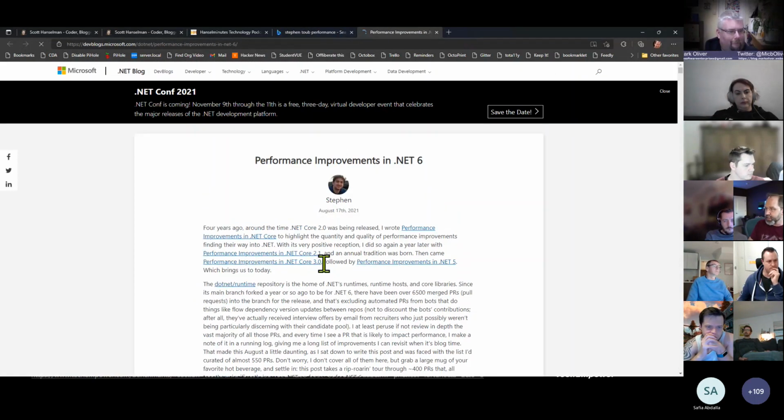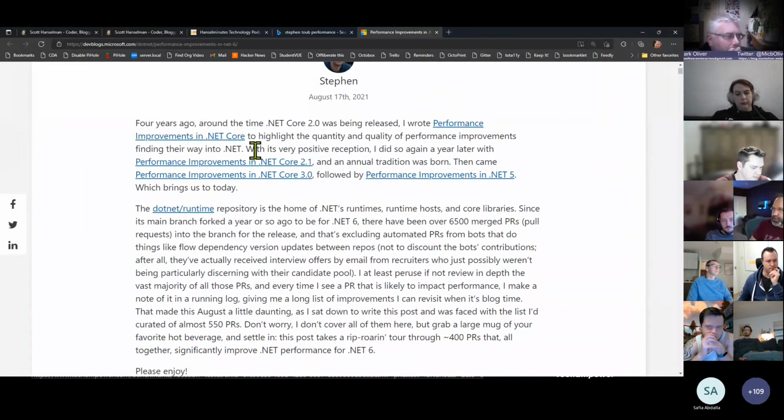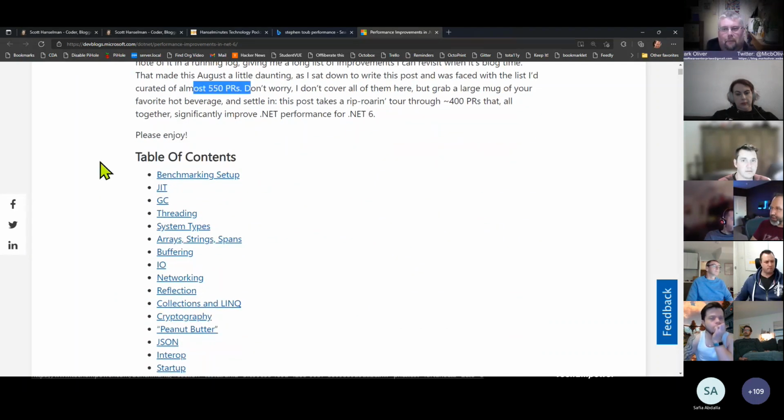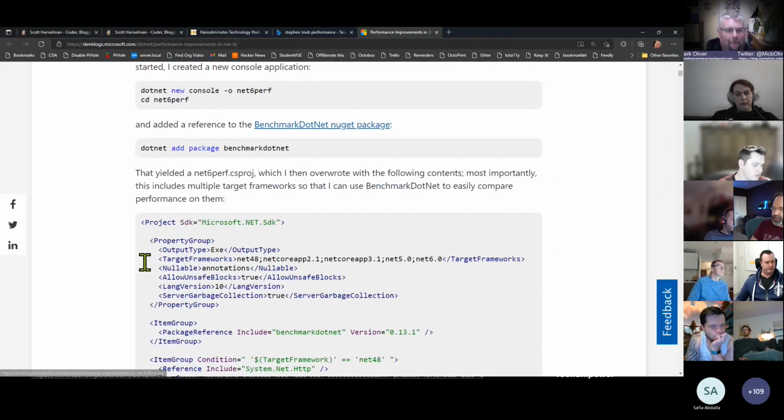This thing is nuts. This is his annual monster post about perf, and he's been doing this since .NET Core 2, and now that it's just called .NET, because the number 6 is greater than the number 4.8, now we just call it .NET. He's got almost 550 PRs that are all performance-based. So he's made this huge table of contents about all the different things that he and the team have done